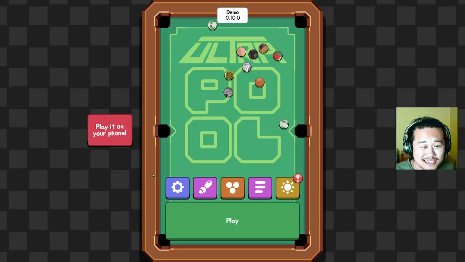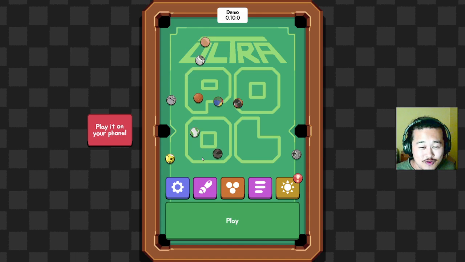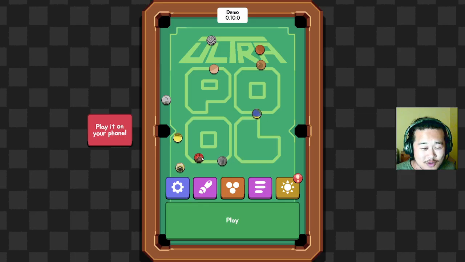Today I'm playing a game that I discovered while perusing the Google Play App Store, as I often do on occasion. Infrequently, yet frequently. I found a game called Ultra Pool. It is a deck builder roguelite in the vein of Balatro, and with everybody raving about Slay the Spire 2,